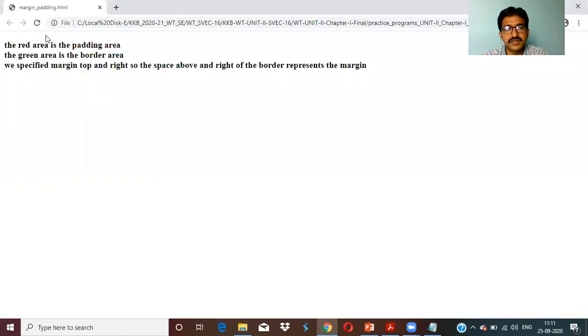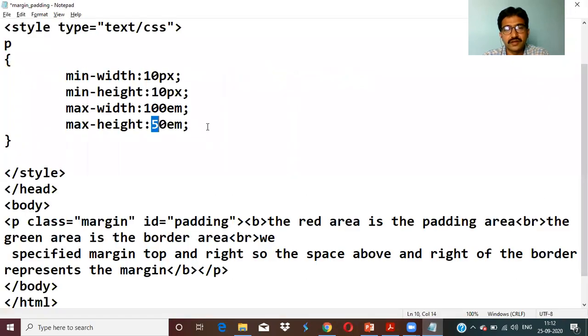Let me see if there's any difference here. Nothing, because the text is showing in the same fashion. Now simply 50 em, and same. Only the width and height are applicable. It is going to be minimum 10 pixels and maximum this.